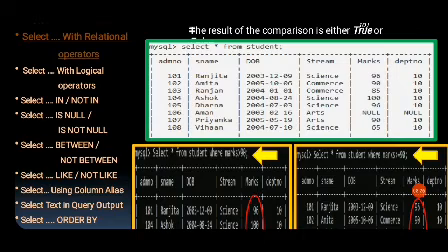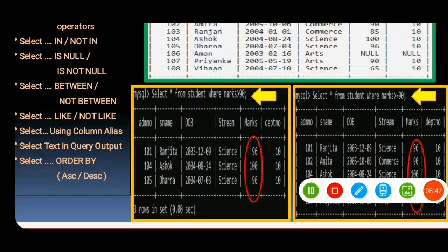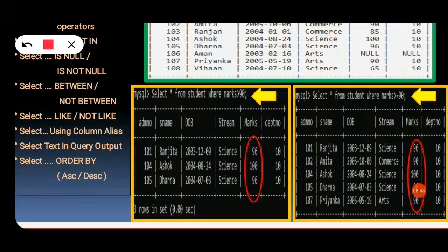Like we have already seen select star from student, so the whole table will get. Now if we write select star from student where marks greater than 90, so whatever tuple satisfies that condition, that is greater than 90, you will get those set of tuples.